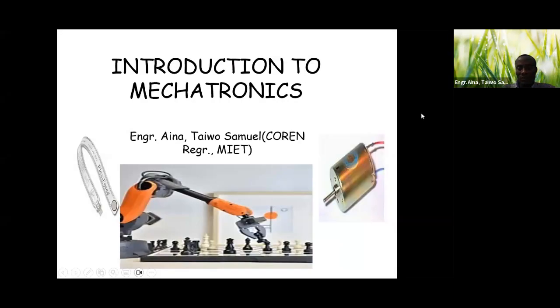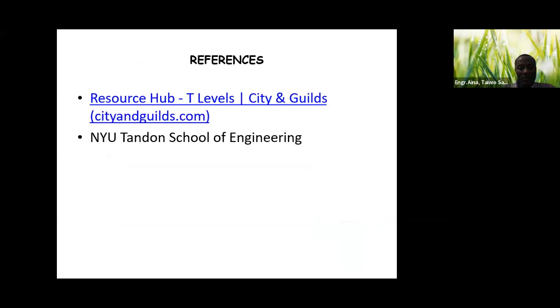Now we are looking at Introduction to Mechatronics. Now we have the references of the material there. I want us to know that one of the references is from T-Level City